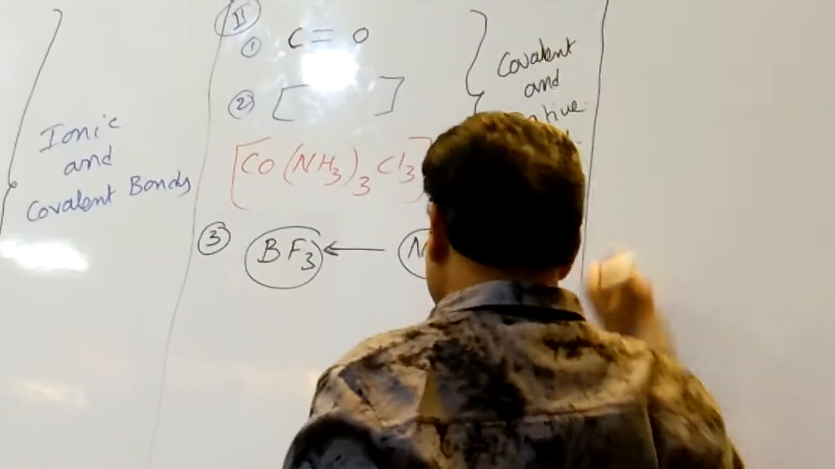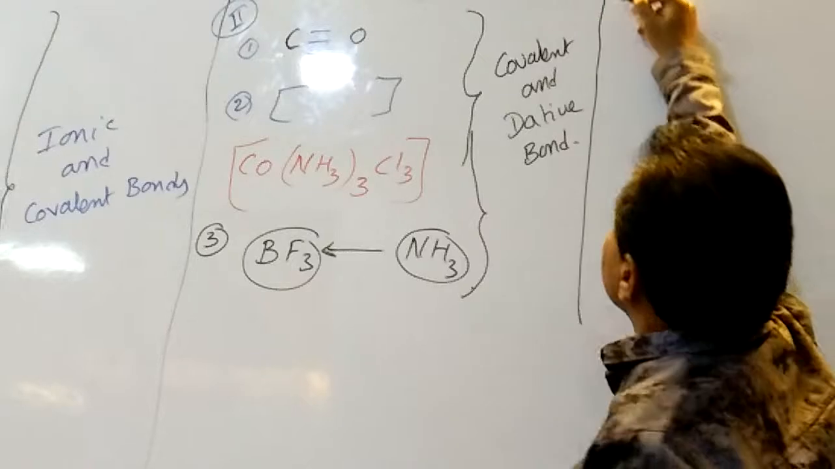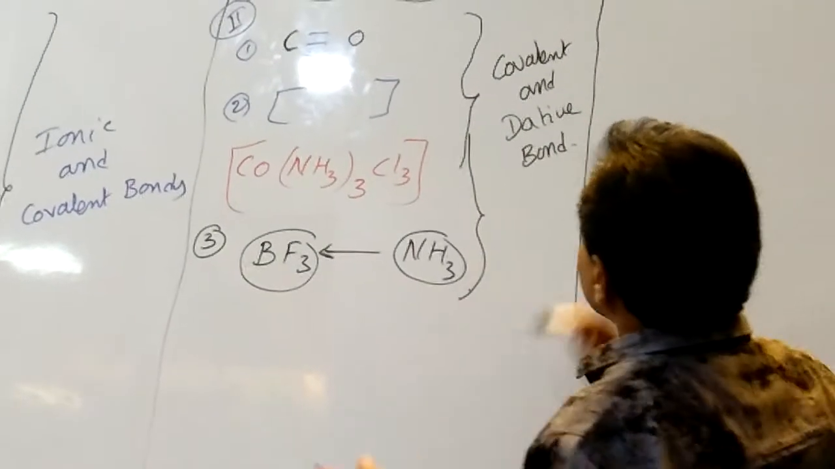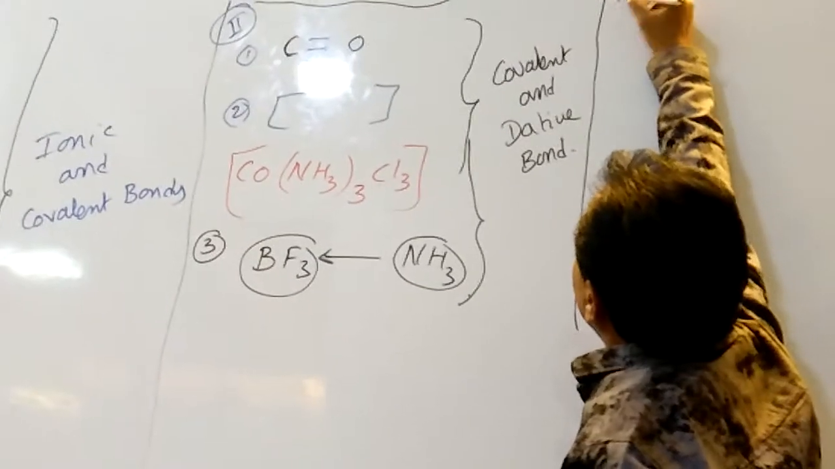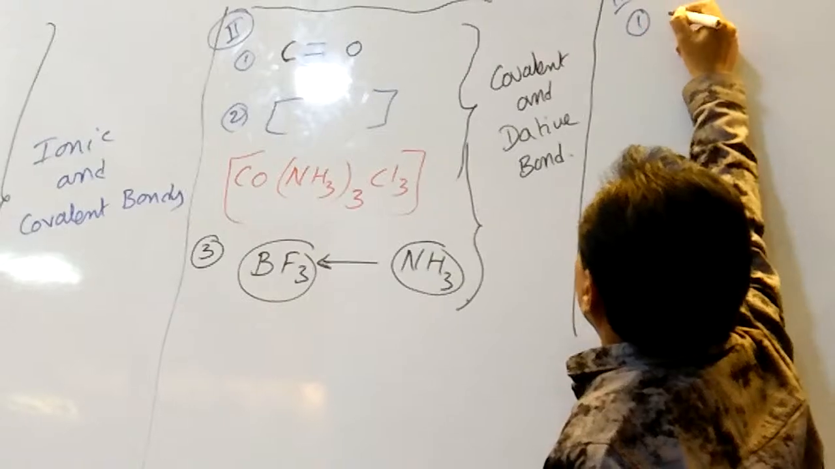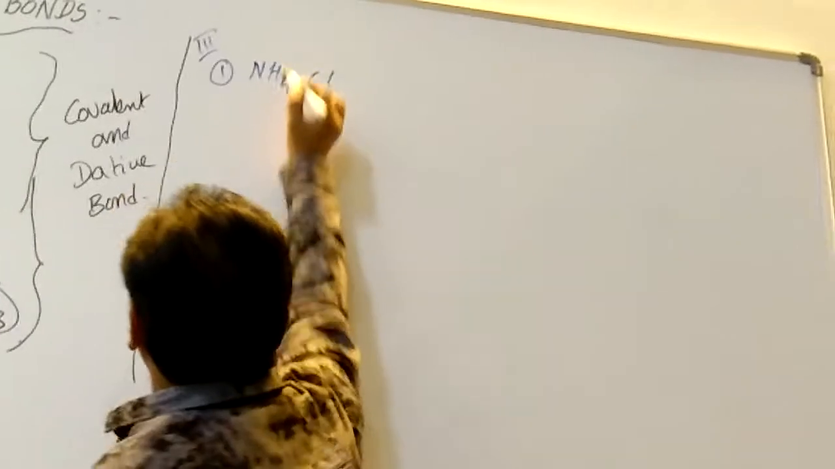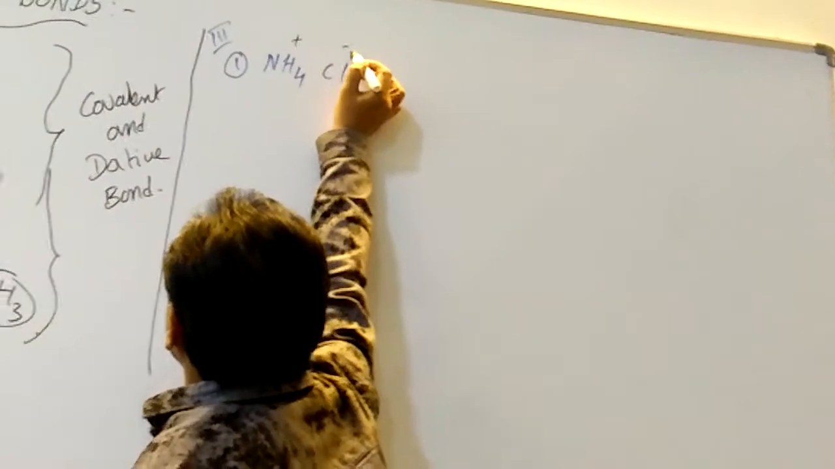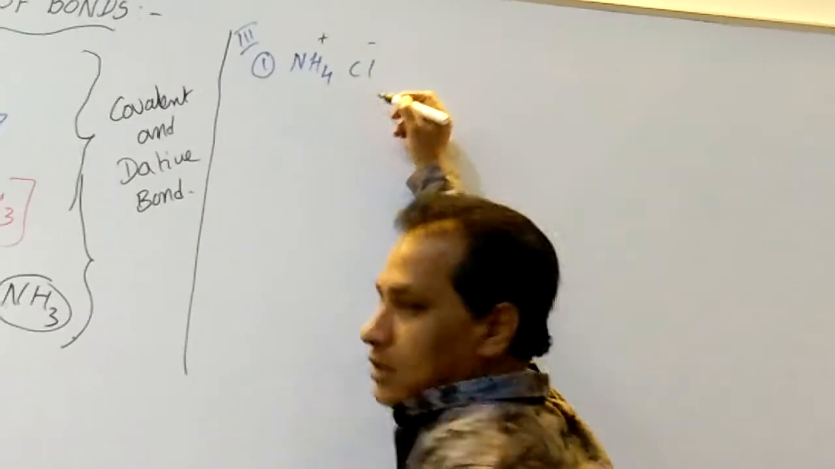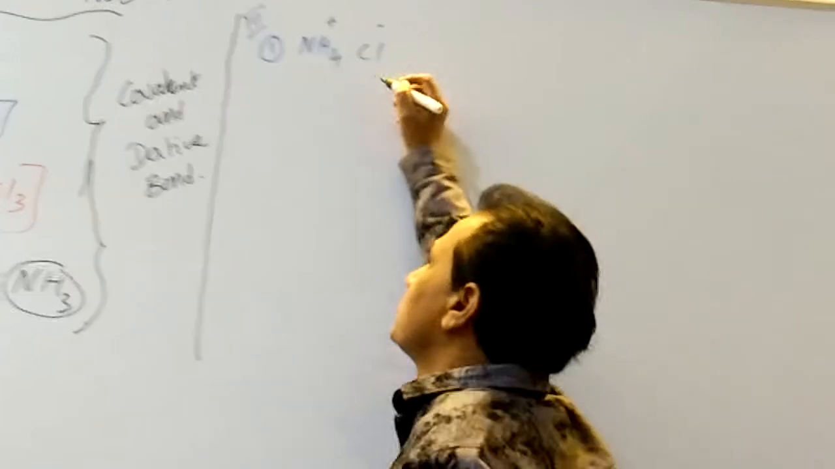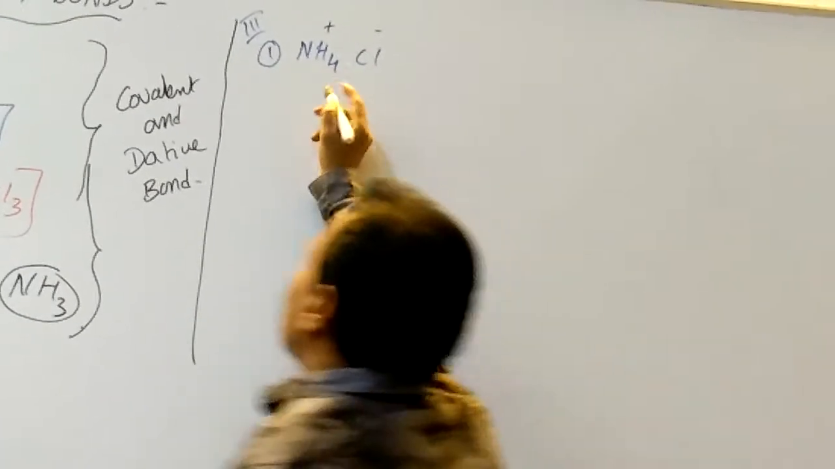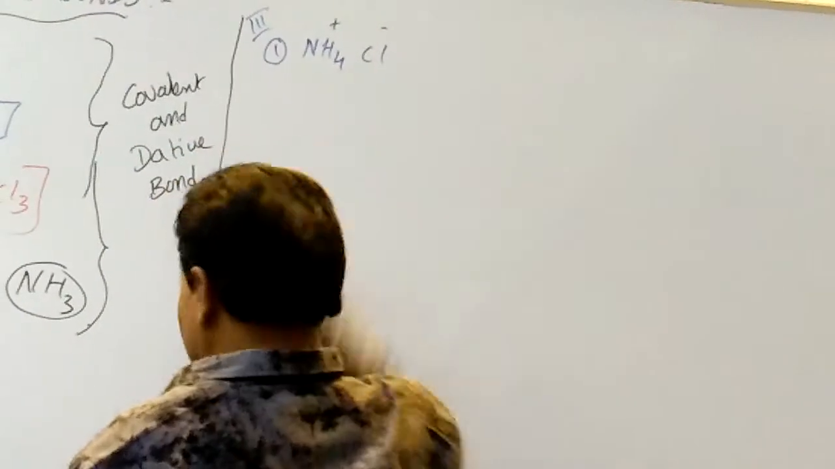And the third type, NH4Cl. It contains plus, minus, and ionic, covalent, and a dative bond is present in NH3. Okay, and also